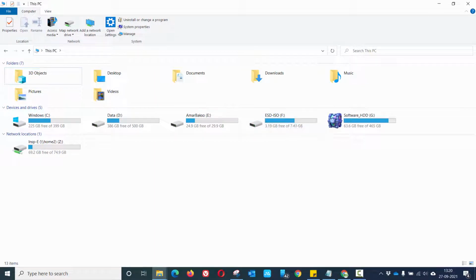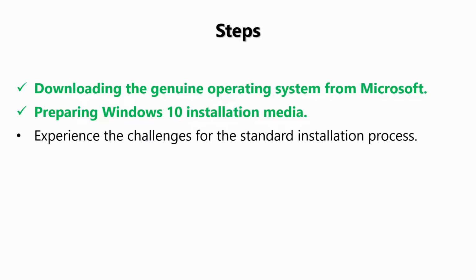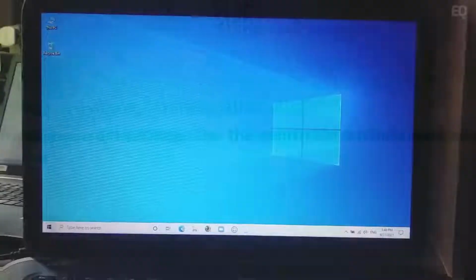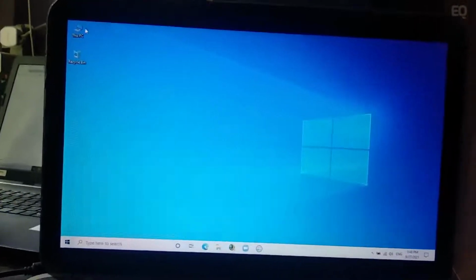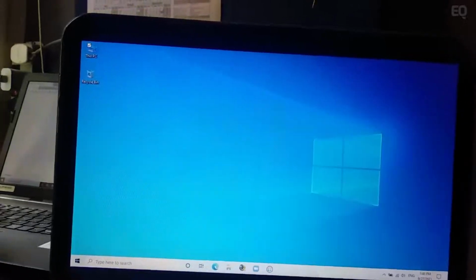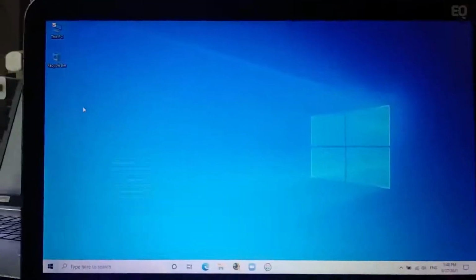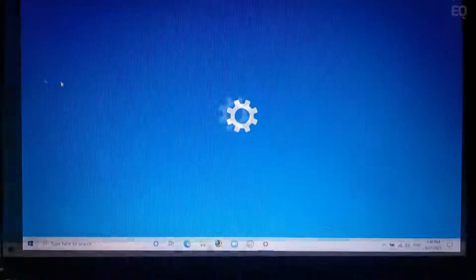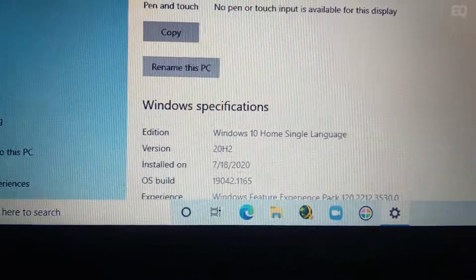We have to eject the pen drive and connect it to the different PC where we need to install the operating system. So let us go ahead. Let us see what challenges we are going to face in the standard installation process. So this is our target PC where we already have one Windows 10 installed. Let us check which edition this is. Going to This PC and Properties. Properties has been loaded. We can see the edition is Windows 10 Home Single Language, where the version number is